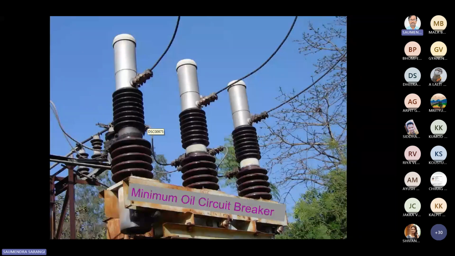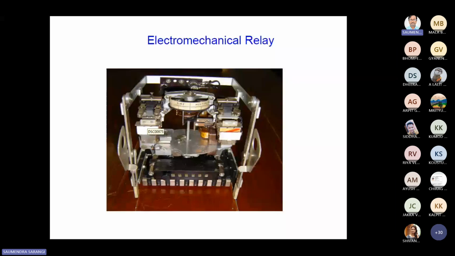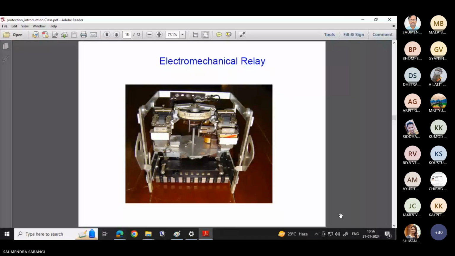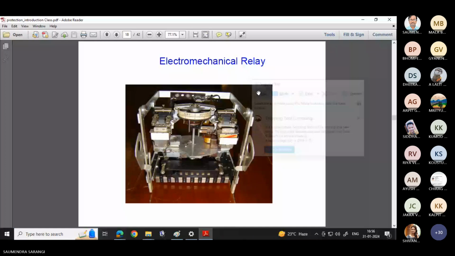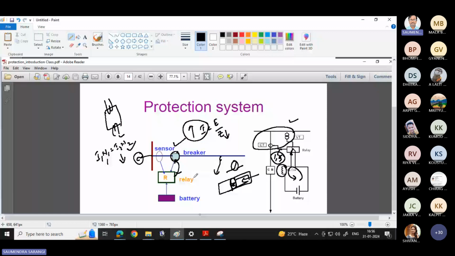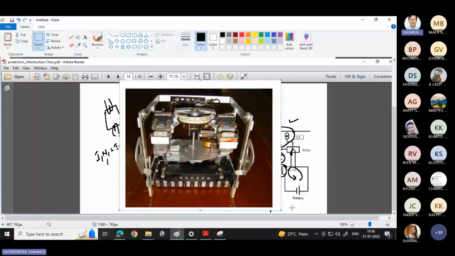And this is basically a mechanical relay. Mechanical relay means what? When you observe this mechanical relay, if you observe here that when you are getting these different types of relays, so in this case,